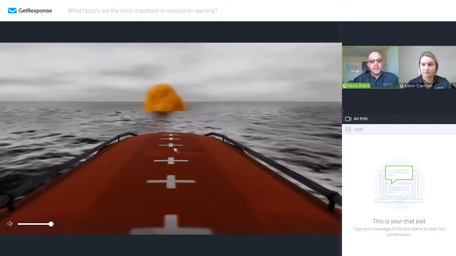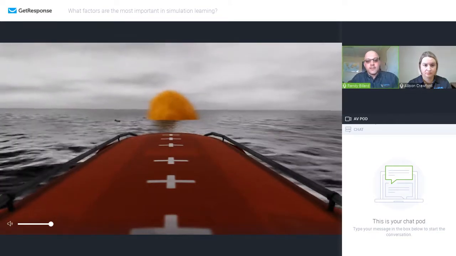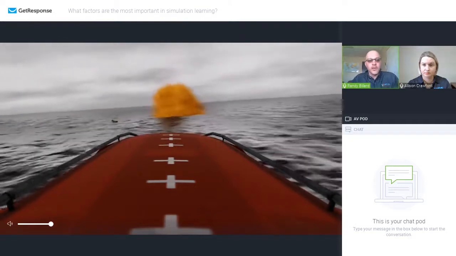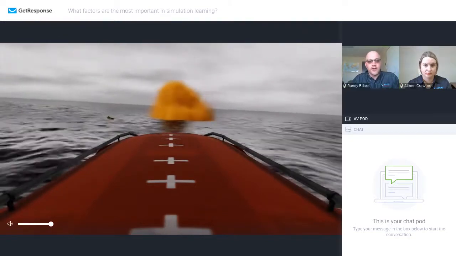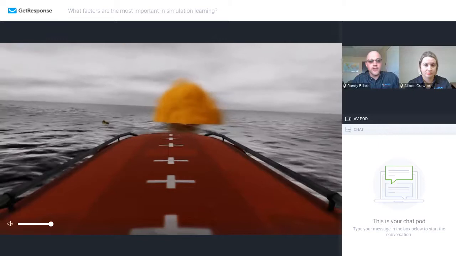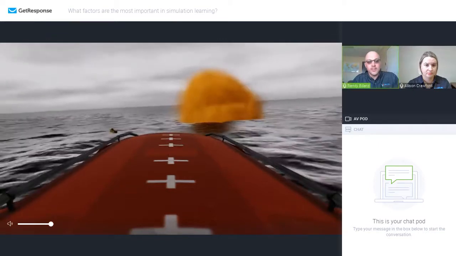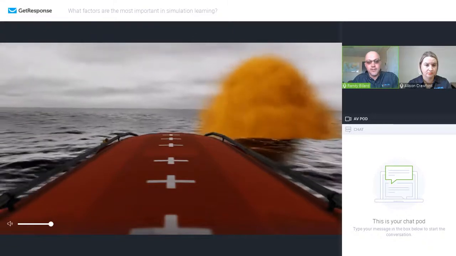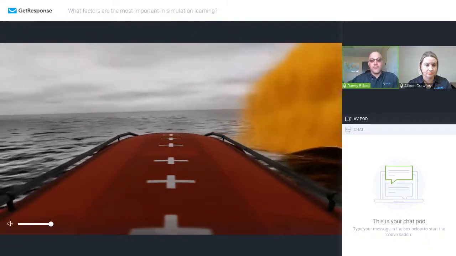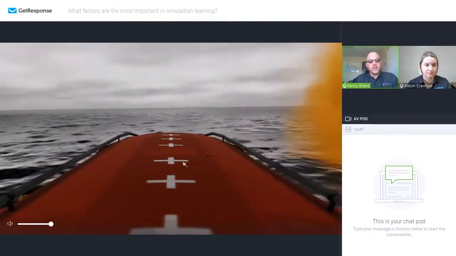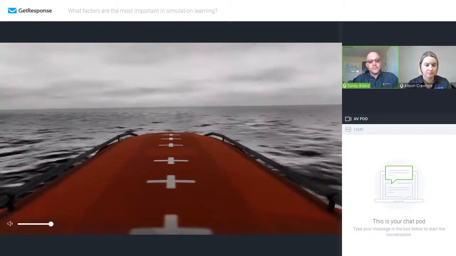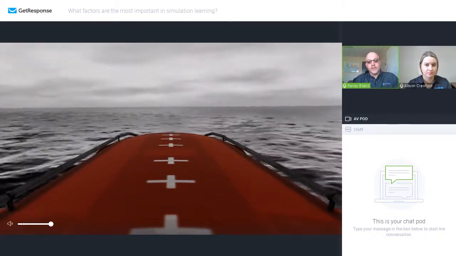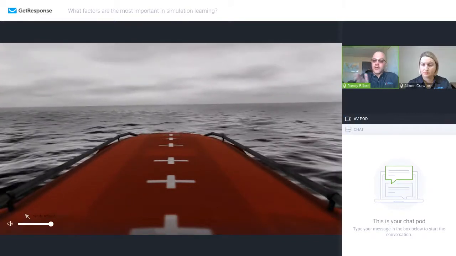and the operator here does it very well. They come slowly upon the man overboard. We get them really close to the port side of the lifeboat, and they stop and maintain the speed so that the lifeboat and the man overboard can be picked up. And there you go. So that sounds like a simple exercise, but the instructor there also had to measure four